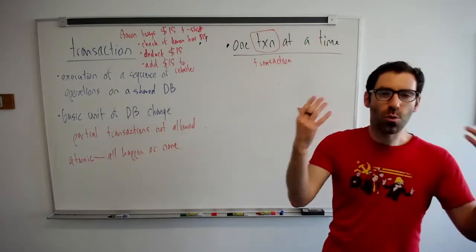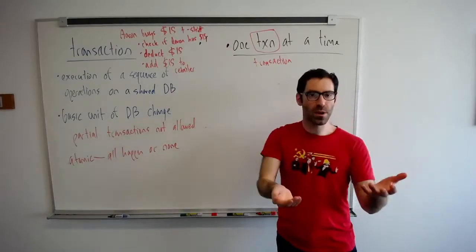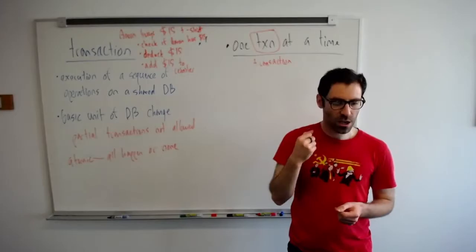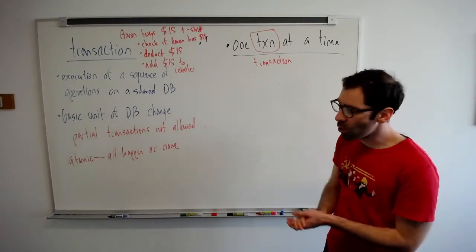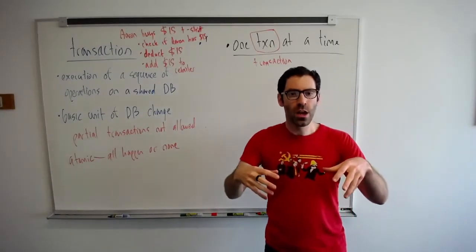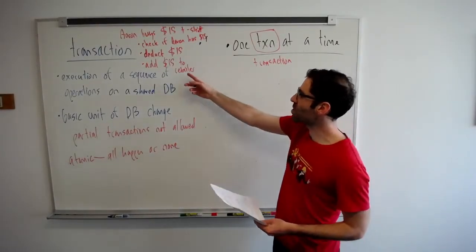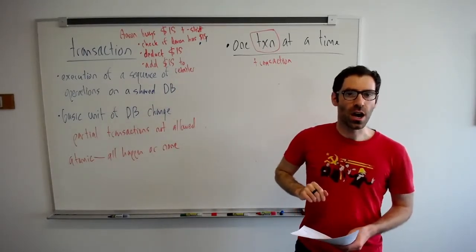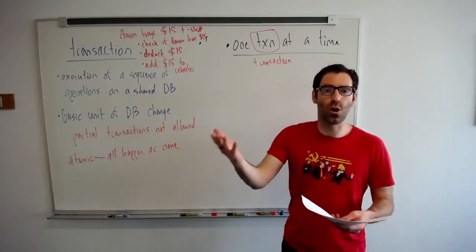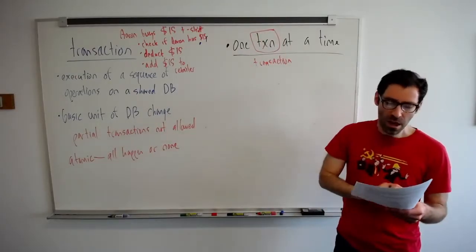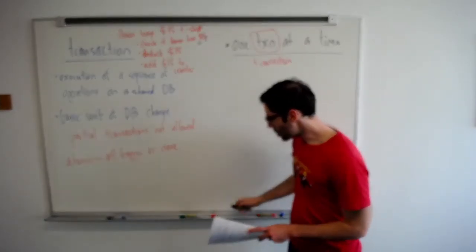So if we just do one transaction at a time, that means many transactions can be arriving, many people trying to buy T-shirts, and our database is just going to take one at a time, do its operations, and so we're never going to have an issue where two transactions are trying to do things simultaneously, both trying to say add $15 to the retailer, and potentially getting in a situation where one would overwrite the other. If we're just doing one at a time,